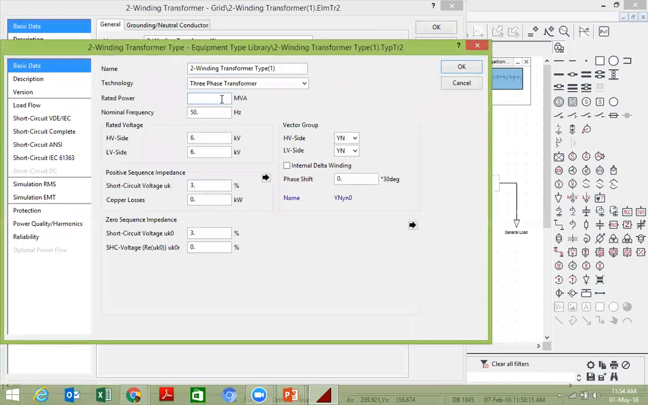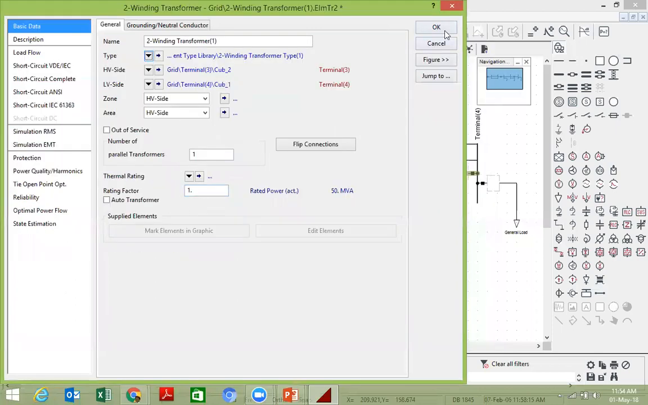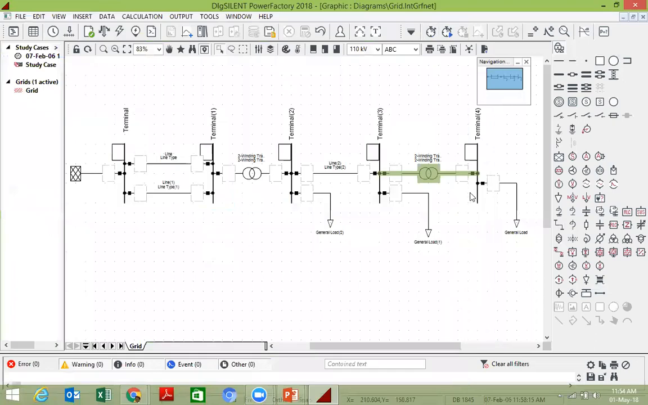Now this transformer, this is at 50. Voltage is 11 to 0.4. Short circuit voltage percentage is 6%, and copper losses 7.5 kilowatts. Okay,